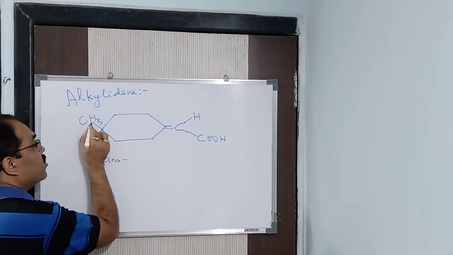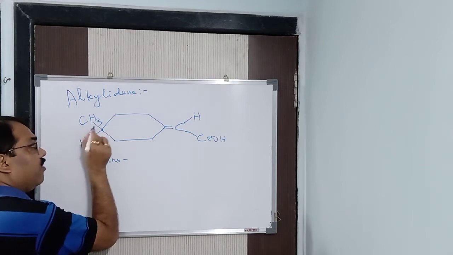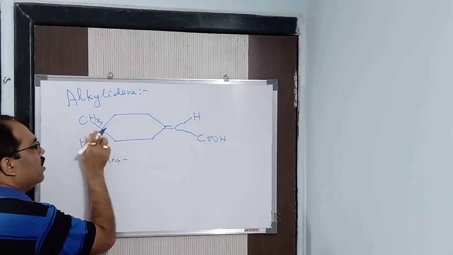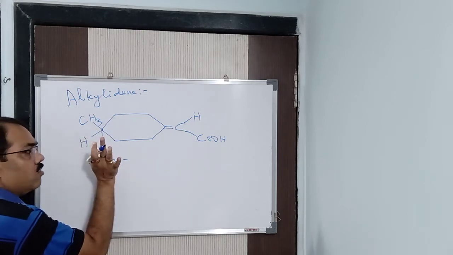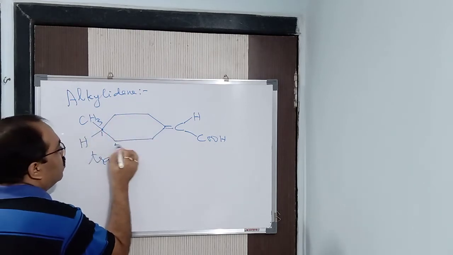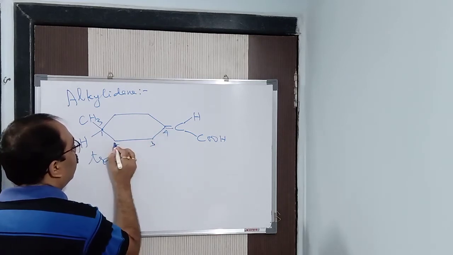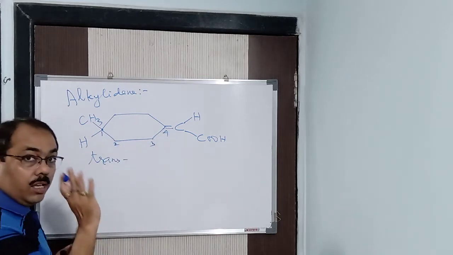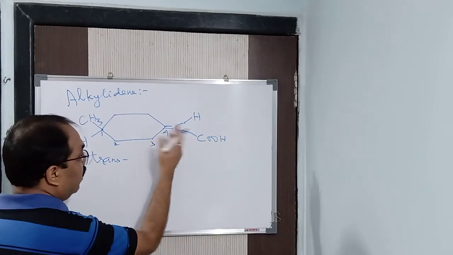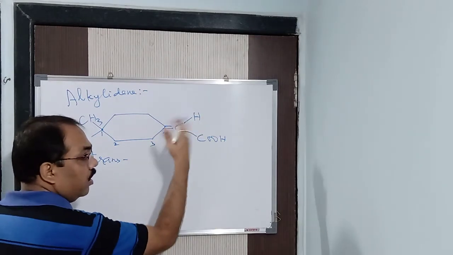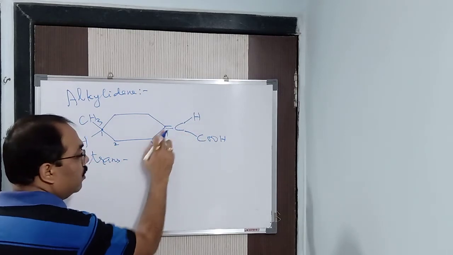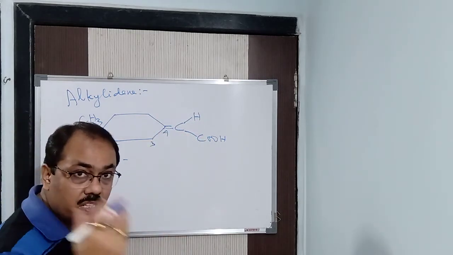So I will give preference to the prefix, that is CH3, because by default I have written the hydrogen; don't think I put the hydrogen in extra. So 1, 2, 3 and 4. The numbering is done in this way. I cleared your doubt that you might be thinking I can start from here or here. No, this is outside the ring and it is not counted. Even the double bond is not taken because the double bond is also outside the ring.